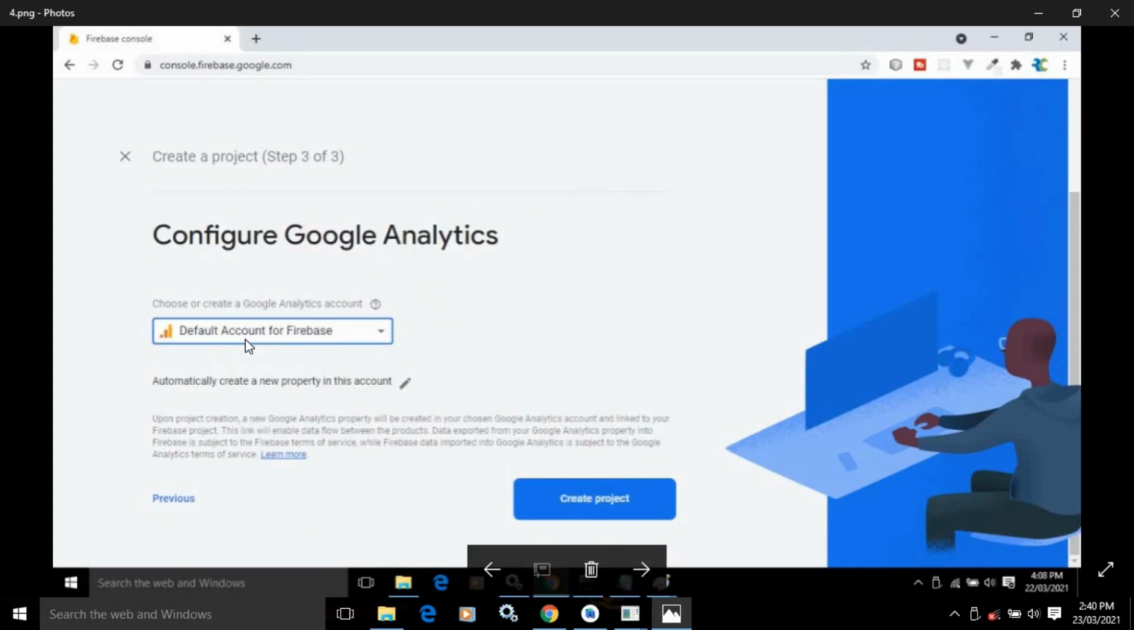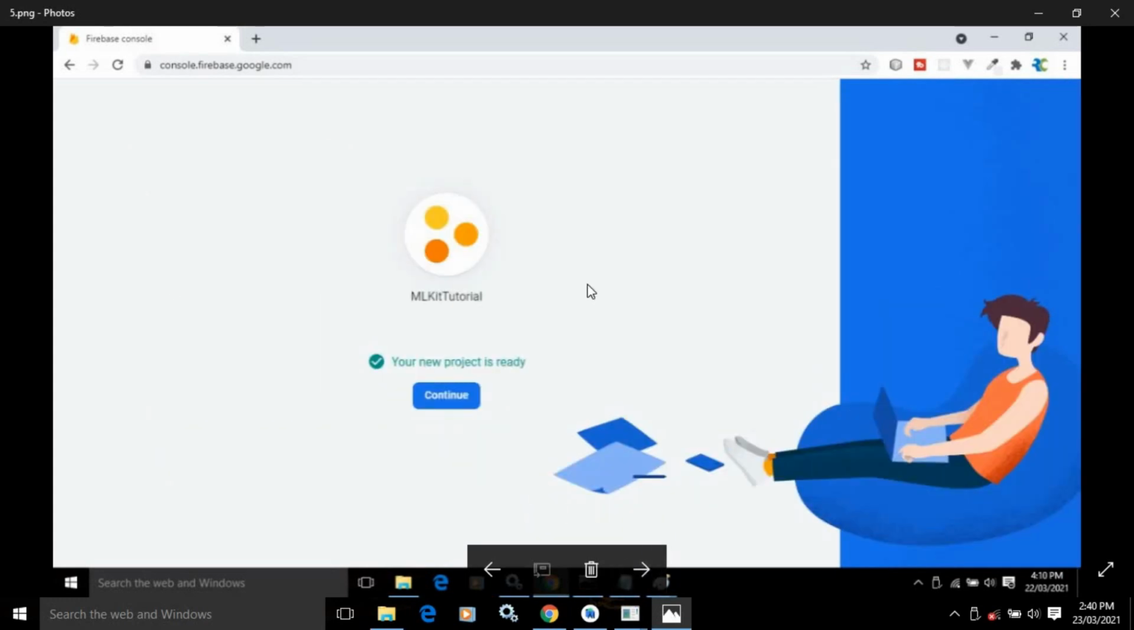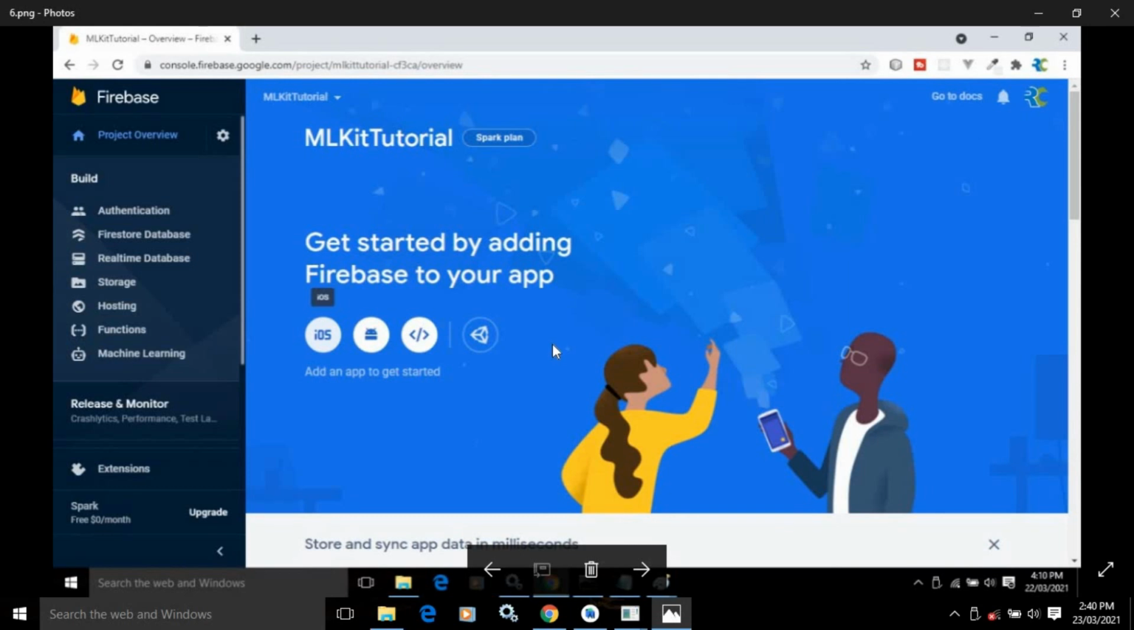After that, here you need to choose or create a Google Analytics account. Here I have chosen the default account for Firebase. After that, you need to click on Create project. Once you click on Create project, your project will be ready. Now once your project is ready, we need to add Firebase to our app, and